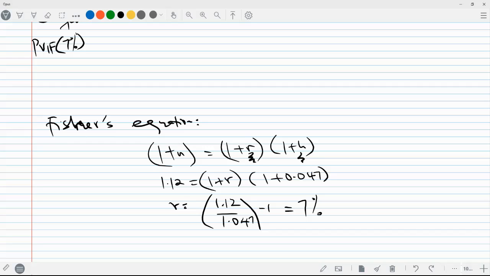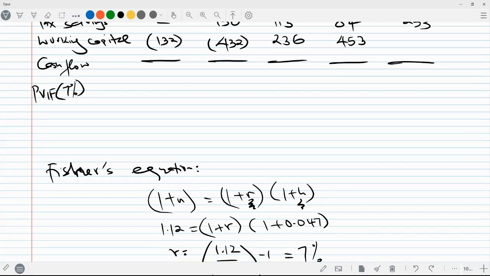Because you'll be having many different rates of inflation, you have to be careful that the H used here is the general rate of inflation, which of course will also be given to you by the examiner. Anyway, once you have the cash flow, you discover that the real rate of return, since these are real cash flows,